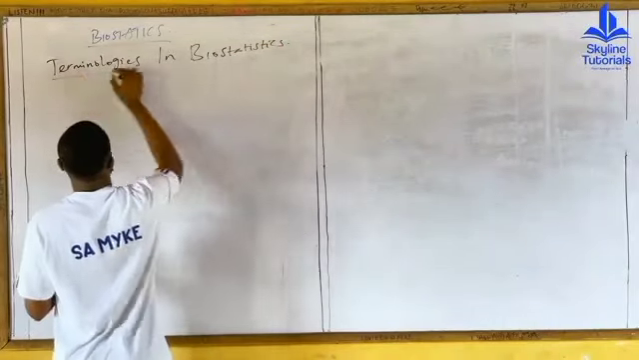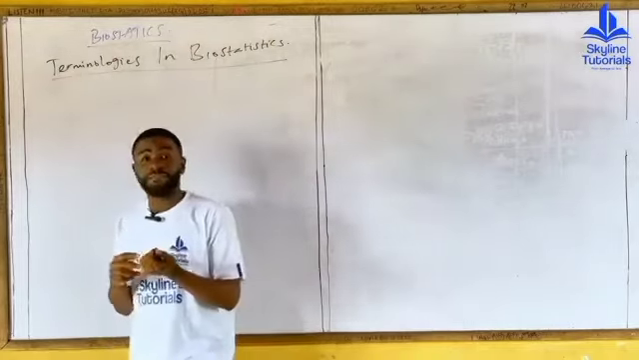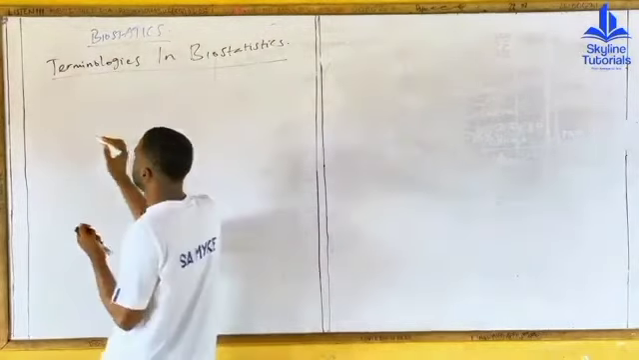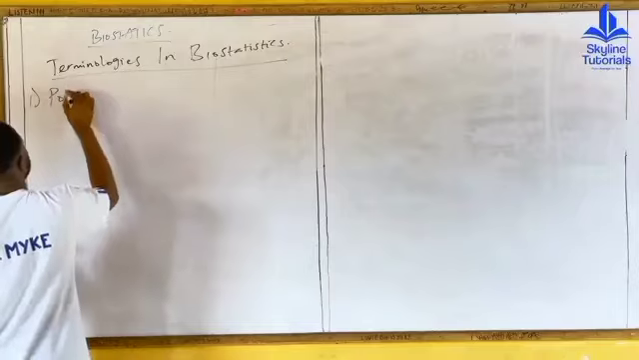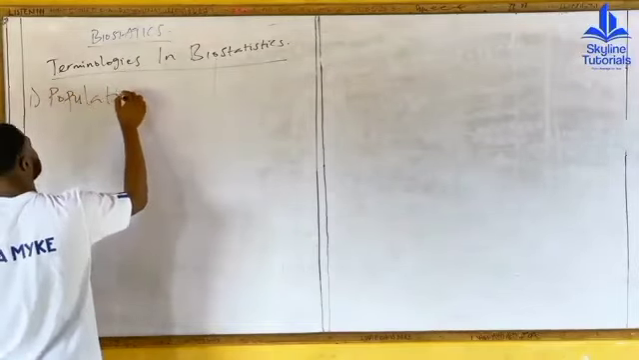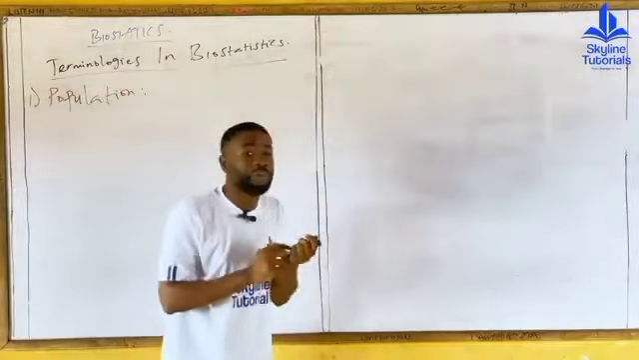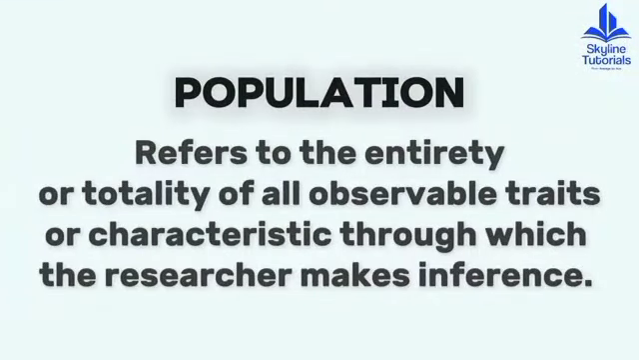Let's look at the terminologies you would often come across in biostatistics. The first we have is population. Population simply means the totality, the entirety of any observable trait from which the researcher wants to make inference. Population simply means the totality of every observable trait or characteristic from which the researcher wants to